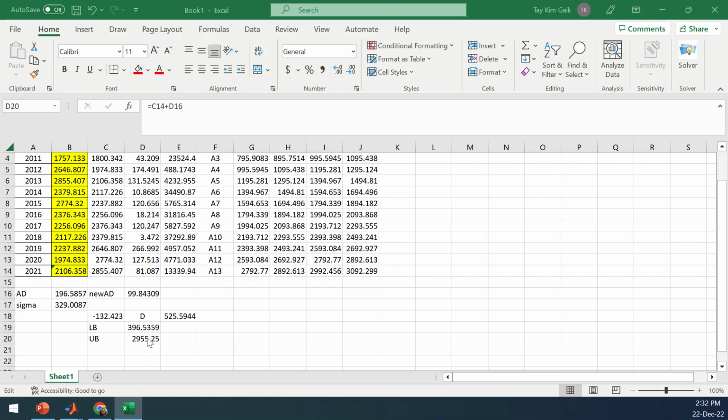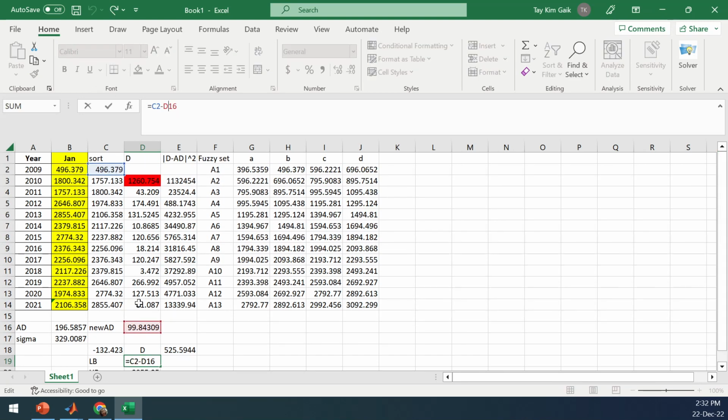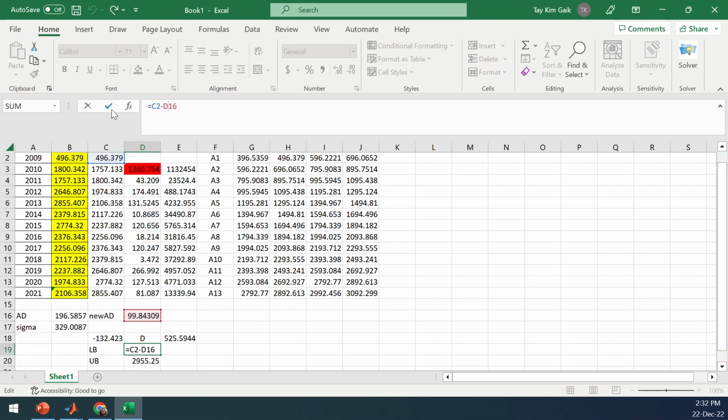Okay, upper bound. Correct. So I repeat, the lower bound is your minimum data, the smallest data added up with the new average distance. Then the upper bound is the maximum data added up with the new average distance. So the upper bound of the universe is